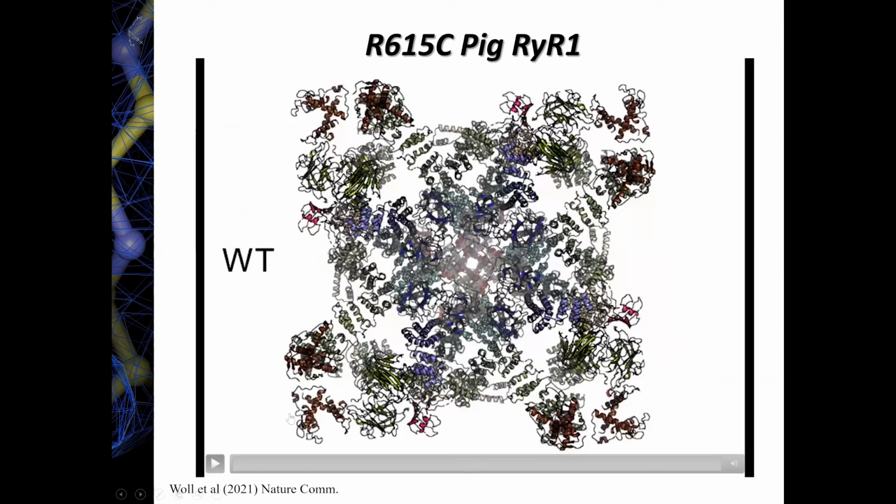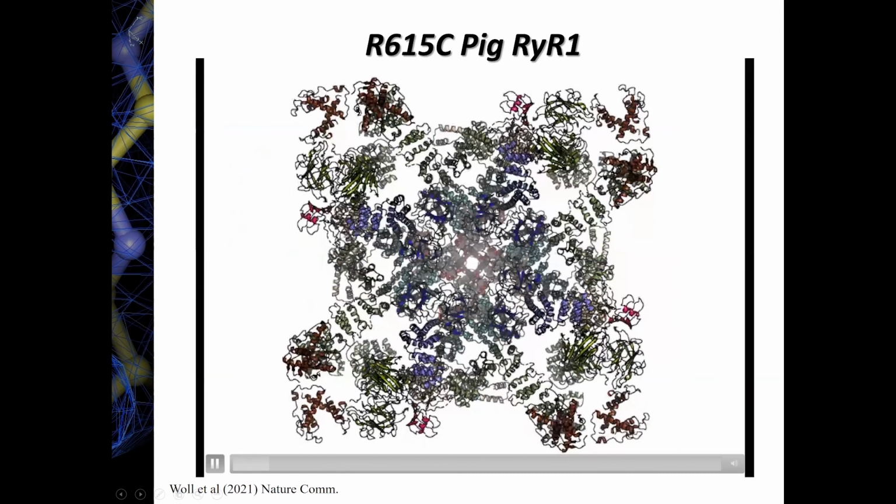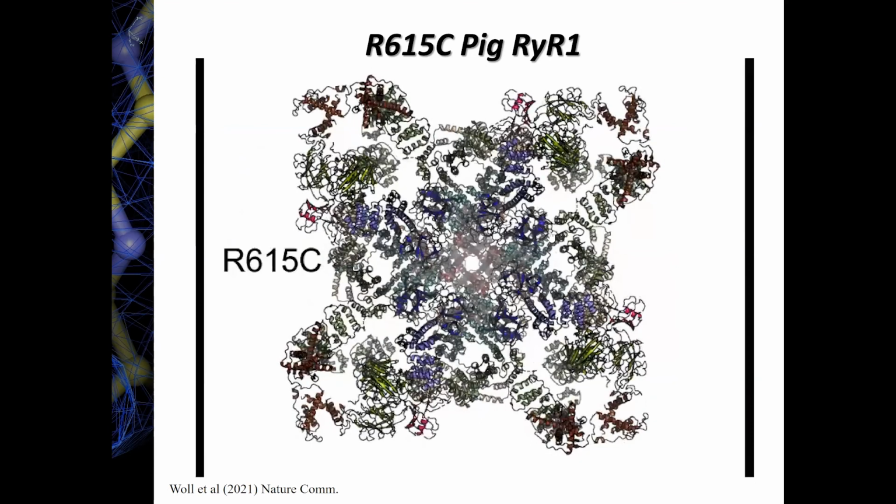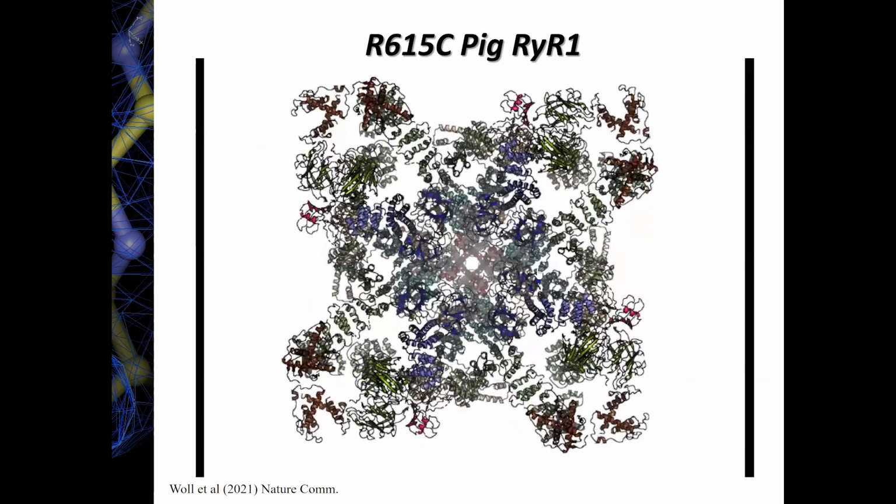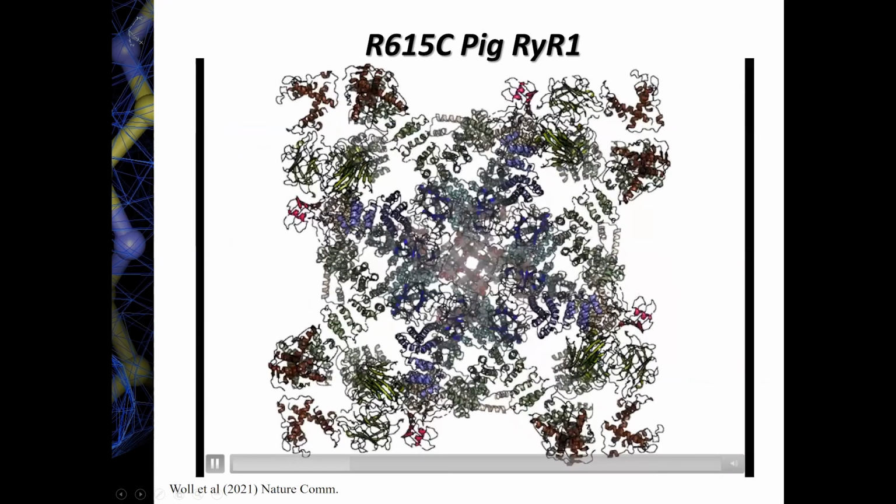Okay, so I'm going to zoom out and now look at the overall conformation of the Ryanodine receptor in wild type and disease mutant form. So again, let's animate this. And what you will see once you go to the mutant is that there are lots of motions throughout the Ryanodine receptor. You may appreciate here in the center that these different pieces are pulling apart.